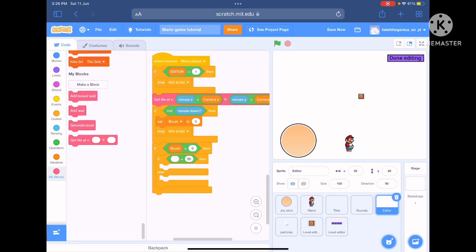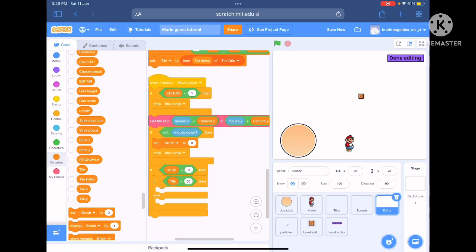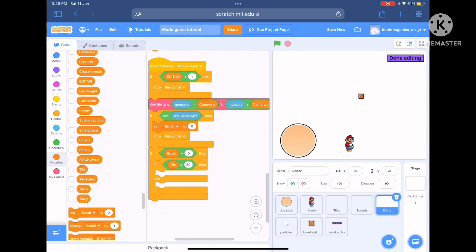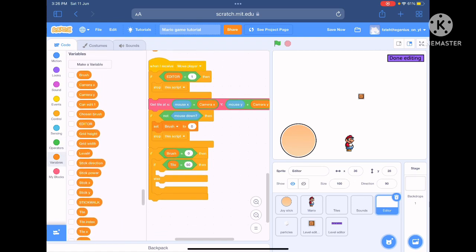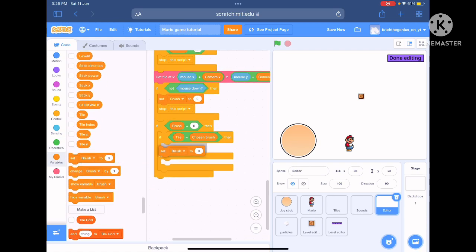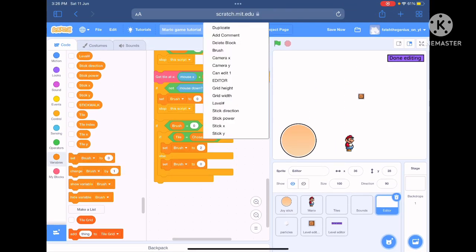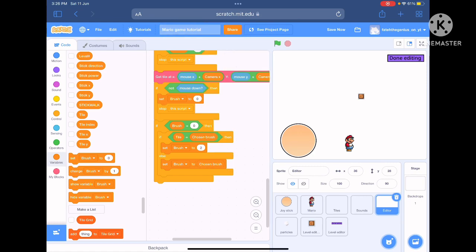If else the tile variable in the get tile at XY. No, the paper is moving around. Then if tile equals the chosen brush, then we'll set the brush to 2. And in the else, we'll set the brush to chosen brush. There's lightning. And then